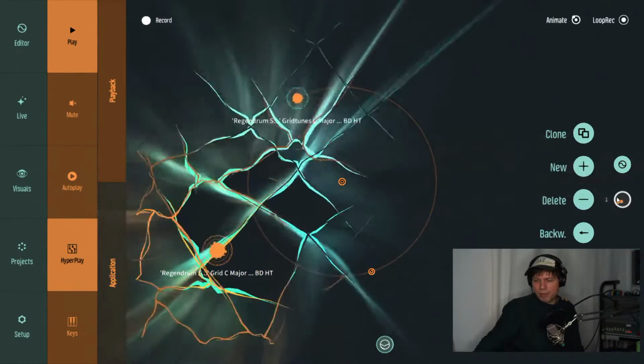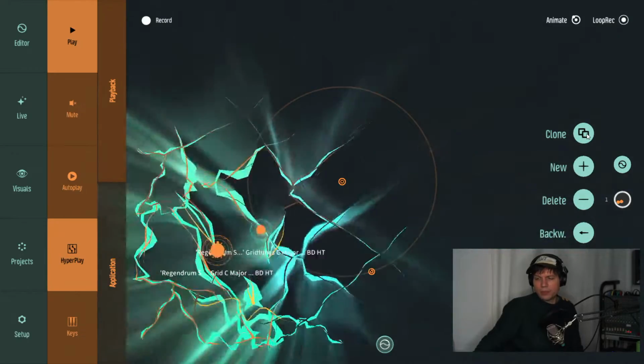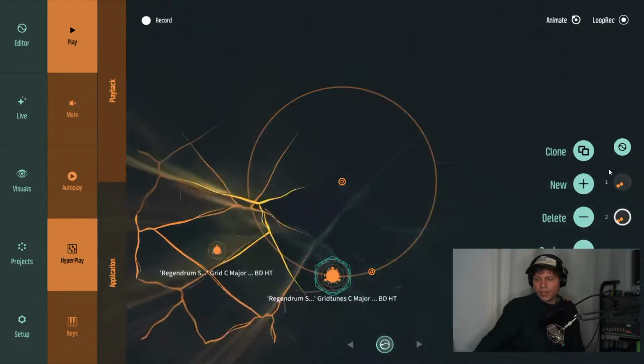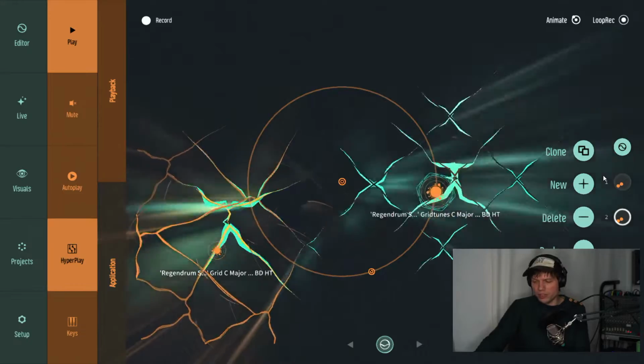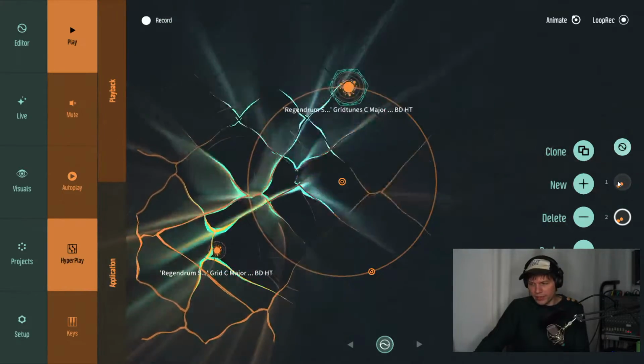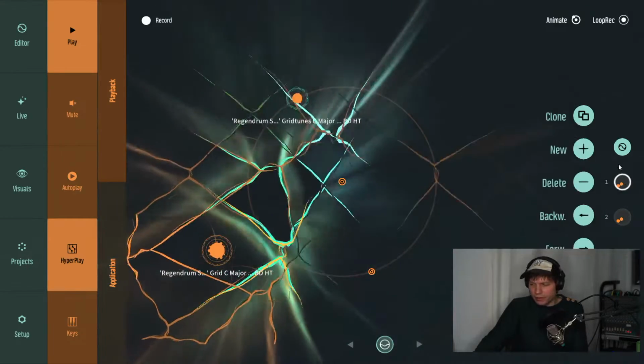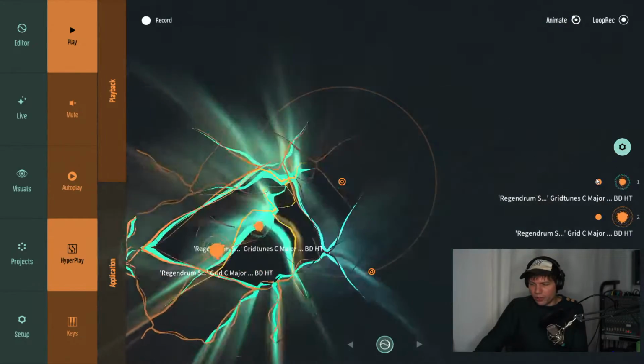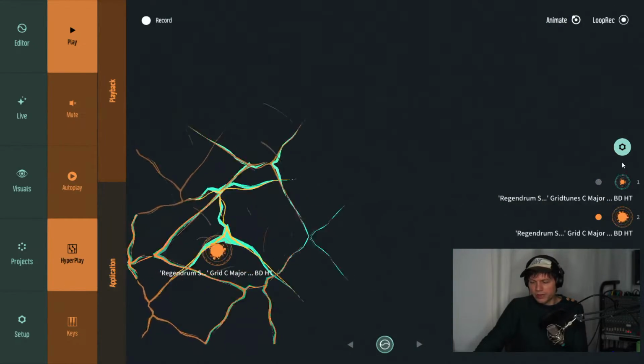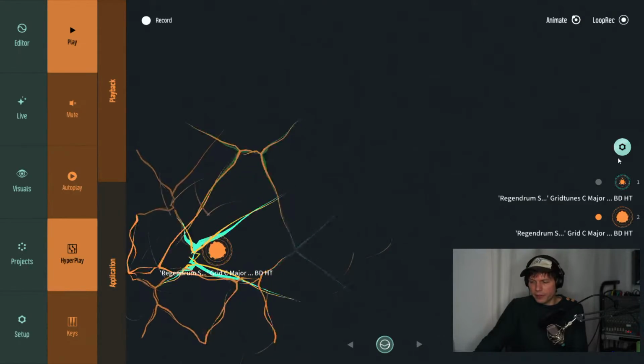I can just tap on this and then clone the pattern, and have now all options cloned, and I can maybe go back to the first pattern and then turn off the sound of the first maze,